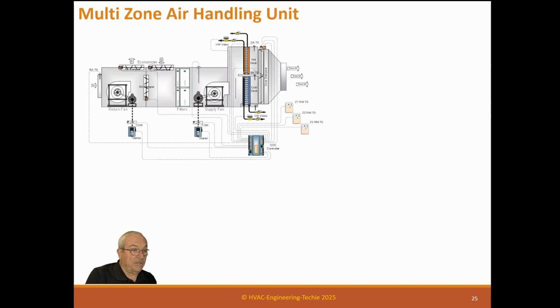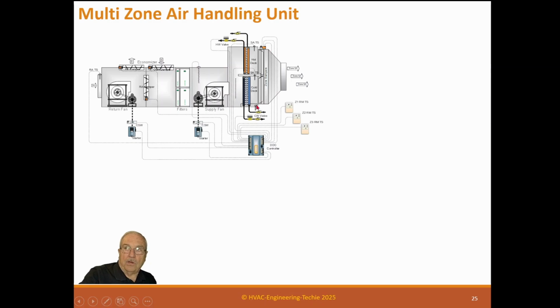And I see these in certain specified buildings still today. This has to be a constant volume and not a VAV volume. You can't make these VAV, this is constant volume. So we have a return fan, supply fan, just like the others with a full economizer, and we have a cold deck and a hot deck, just like the dual deck we had. However, this is not running 2 ducts throughout the space. What it has